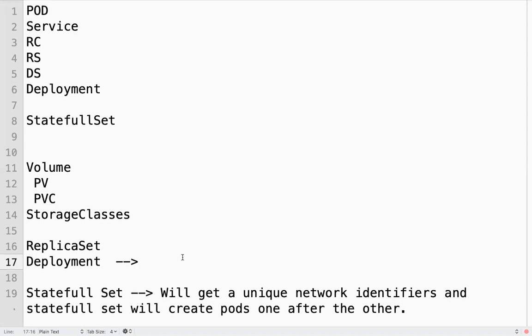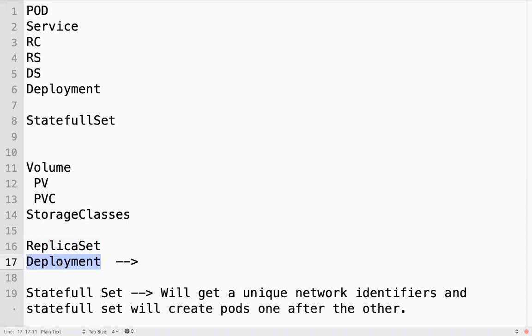If I have 3 replicas, when I am creating a deployment or a replica set, will it create one by one or will it create all the pods at the same time?